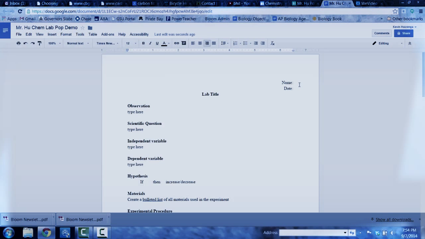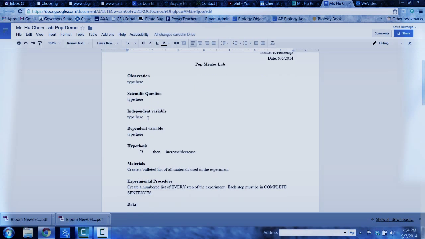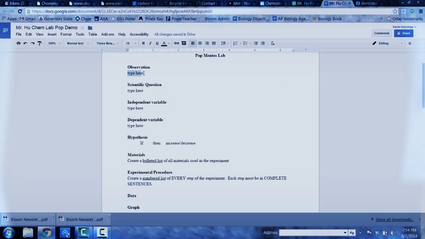Alright, so first thing, add your name, put the date in. And we're going to get rid of lab title. Pop Mentos Lab. Observations. We did these last Thursday in class. Get rid of the type here. Keep everything that's dark and bolded in print. And you're just going to write down all your observations. For this first one, you can make a bolded list, if you'd like to,